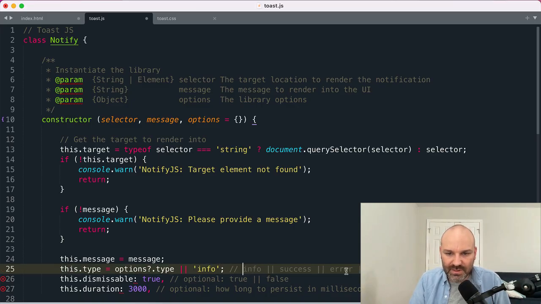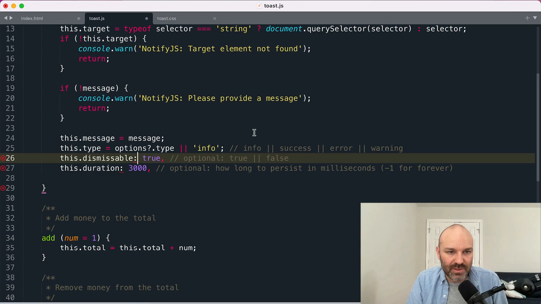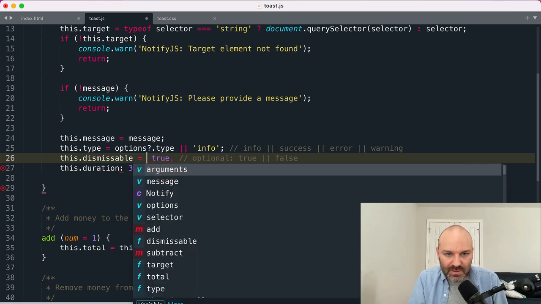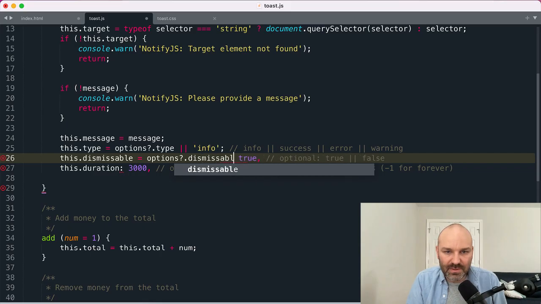So we've got info, success, error, or warning. Or actually, you know what? I guess they could be anything, but we'll have these as kind of the defaults in the library, right? So this dismissible equals if options dismissible